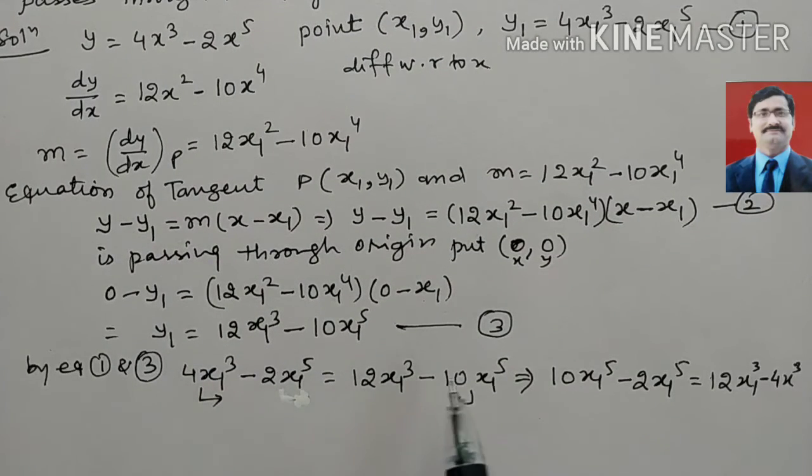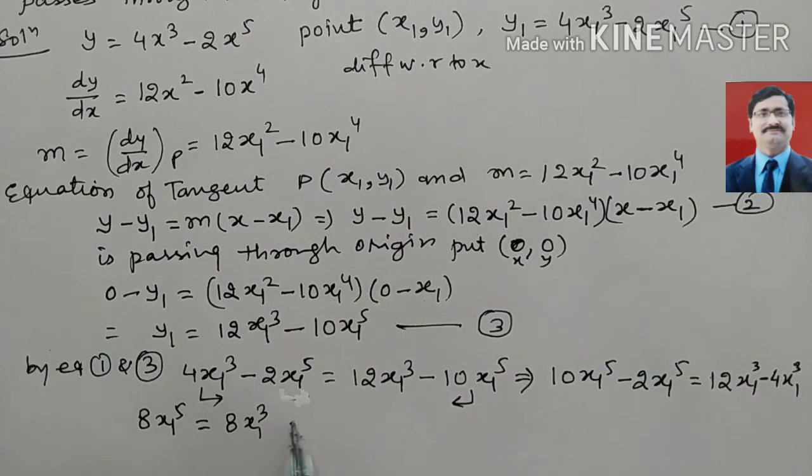We get 10 x1 power 5 minus 2 x1 power 5 equal to 12 x1 power 3 minus 4 x1 power 3. Now we subtract, 10 minus 2 is 8, so we write 8 x1 power 5 equal to 12 minus 4 is also 8